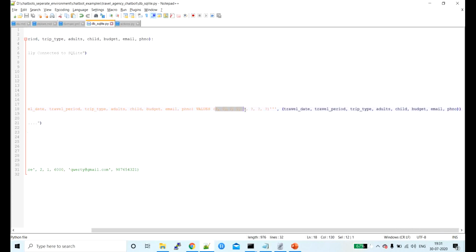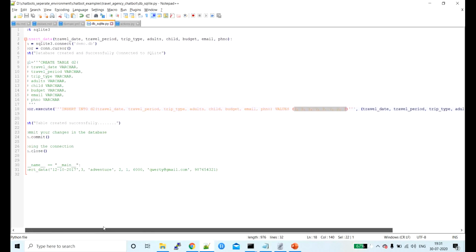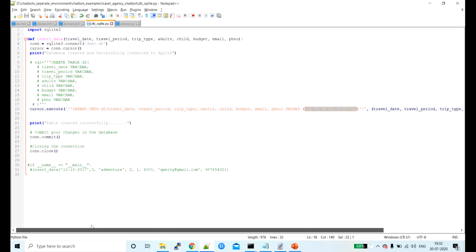And these are the placeholders. If you are using SQLite, then this is the syntax to execute an insert query: insert into table name, then the different column names of the table, and then you put placeholders.